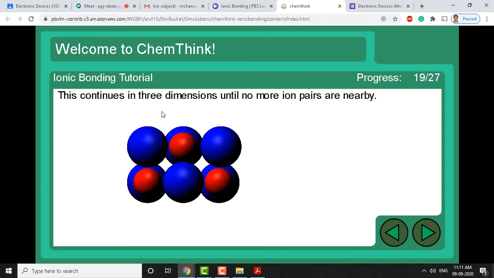Excuse me, sir. If we place one sodium atom and two chlorine atoms, what will happen? Because sodium has one valence electron, it should make a bond with one chlorine atom. But as you said, sodium is a metal, so it will attract a non-metal, positive charge and negative charge. So will it attract both chlorine atoms or only one chlorine atom?